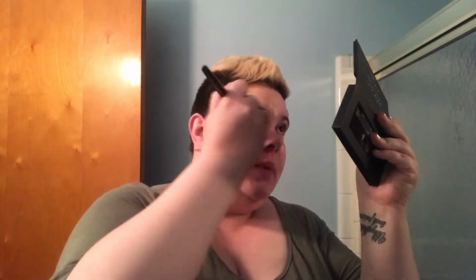I've already put primer on. It says to put the primer on at least a few minutes before so it will dry. I threw it on real quick after I brushed my teeth this morning so it would sink into my skin. I only put 4 drops on this specific foundation brush, and for me, somebody who likes full coverage, I